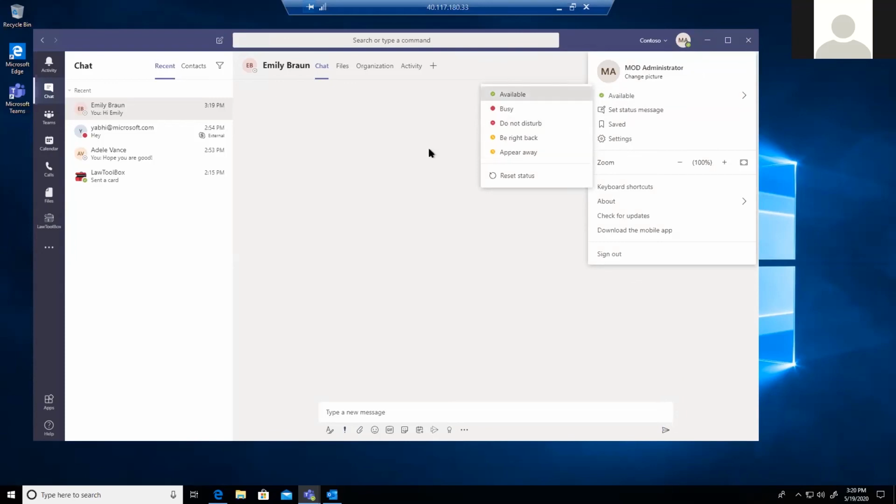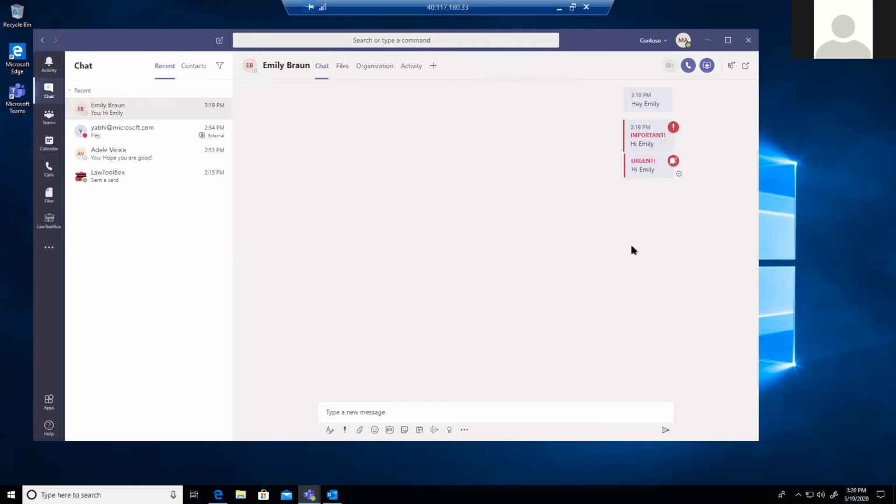But if she is available and she's not responding, maybe she is talking to somebody or not looking at the Teams window, you can send this kind of chat so that she'll be prompted every 2 minutes that somebody is trying to contact her. On a funny side, it's not for every-time use.